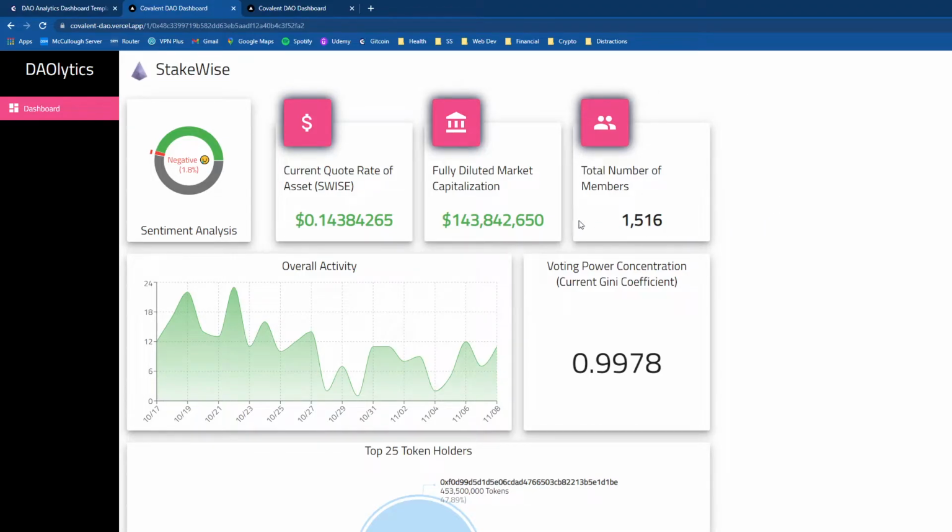And as you can see, we have a sentiment analysis, which is built with Python using Tweepy. So it crawls through 100 tweets, which is a limitation of the API, and pretty much just does a sentiment analysis on them and sends back if it's positive, negative, or neutral based on the message body of those tweets. Then we have the current quote rate, which is simply the US dollar equivalent of one token